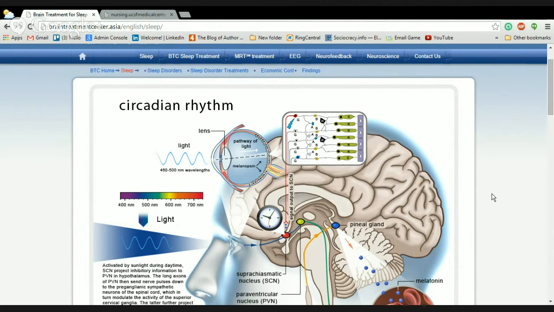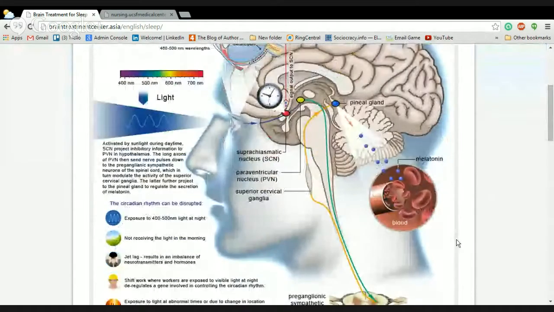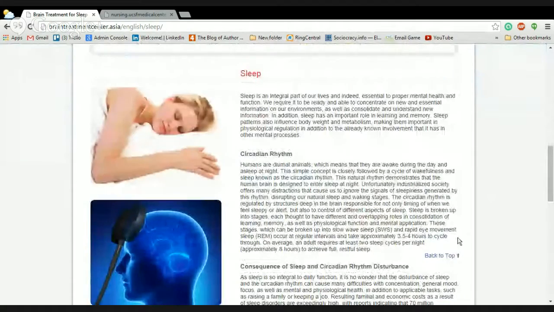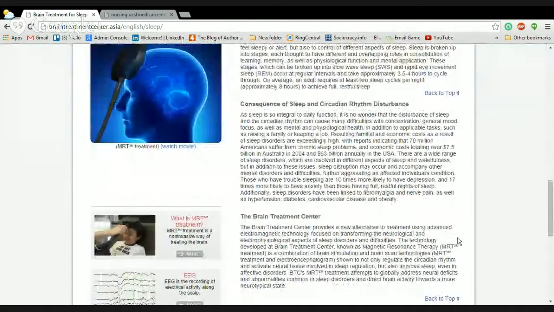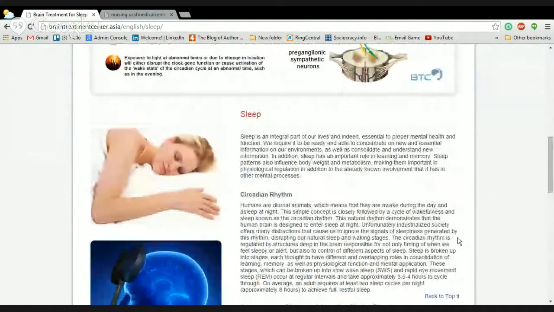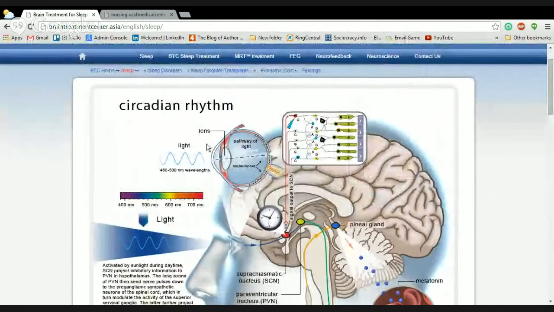So circadian rhythm, and it kind of gives you the whole breakdown on how that happens. And it's quite amazing. The article looks like it also goes on to talk about what is so important about the circadian rhythm. I think I might read that myself and highlight it for you guys. But anyway, so circadian rhythm,